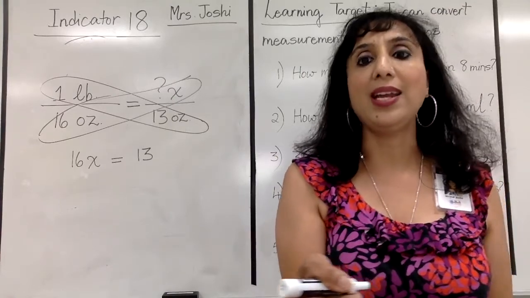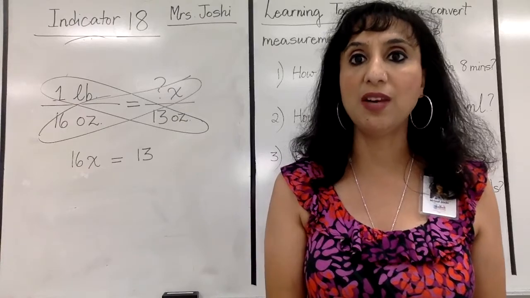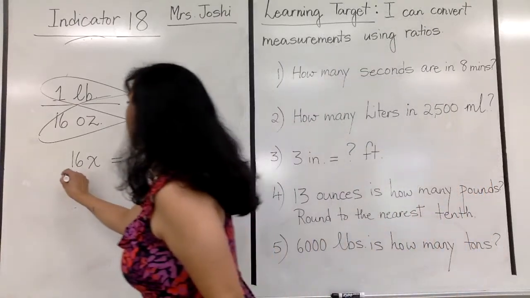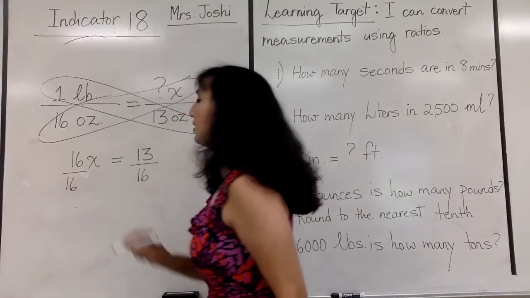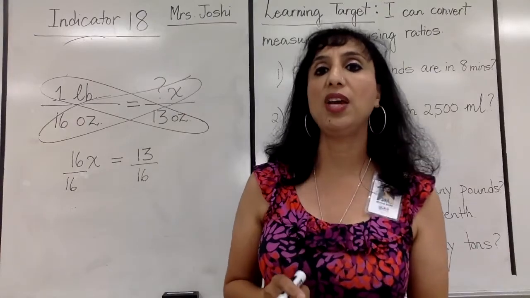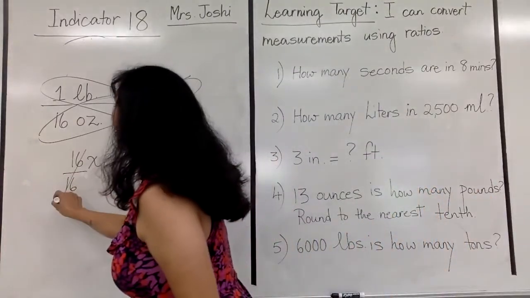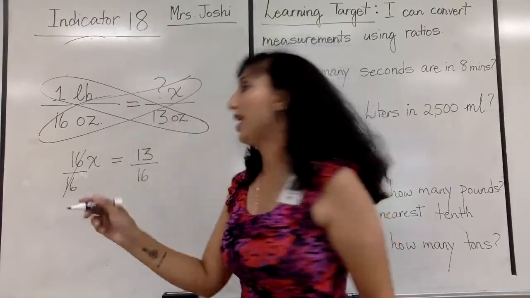And the best way to do that is to divide both sides by 16, because the opposite of multiplication is division. Whatever I do on one side of the equation, it's an equation, so it has to be balanced. And so therefore 16 divided by 16 gives me 1, and 1 times x